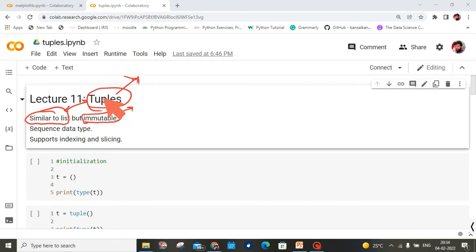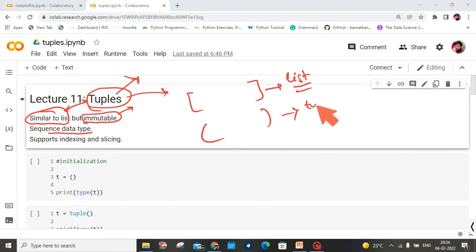Okay, tuples also store the data in a sequence data type, like a list can be initialized like this. Now tuples we represent in parentheses. The elements can be any data type.